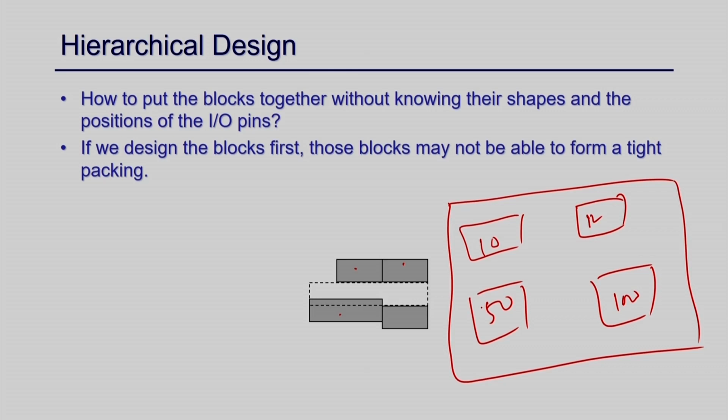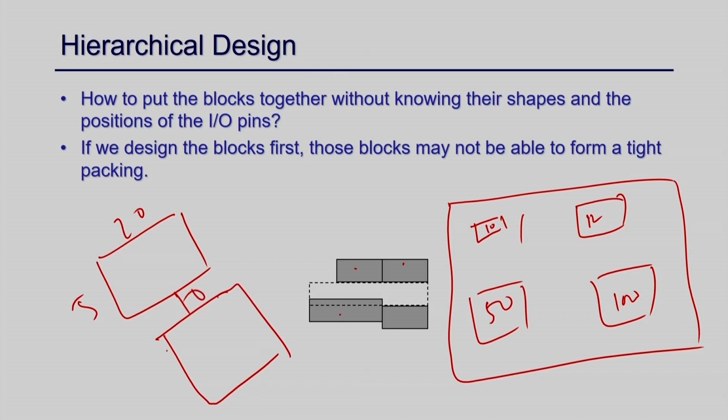So, their area may be different, and that means their shape is not exactly square. If it is 10, this is a small one, and 100 means this is a big one. So, their size ratio is also different, and most importantly their aspect ratio is not fixed yet. If I give you, say, 100, you can construct 10 into 10. This may be, say, 5 into 20, or maybe exactly square where it is 10, or maybe 4 into 25.